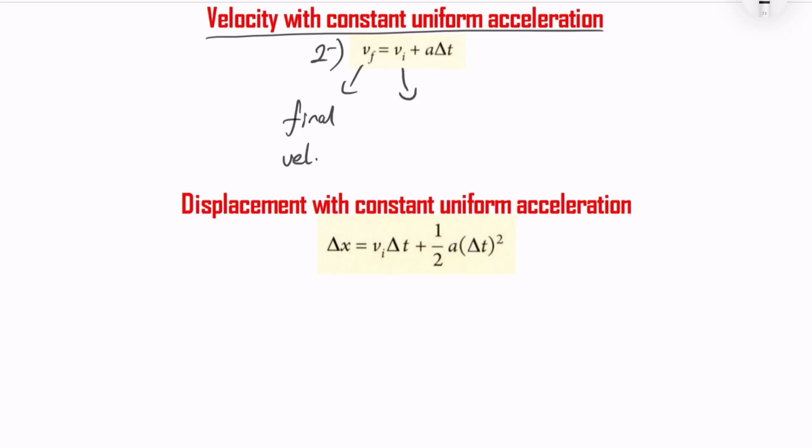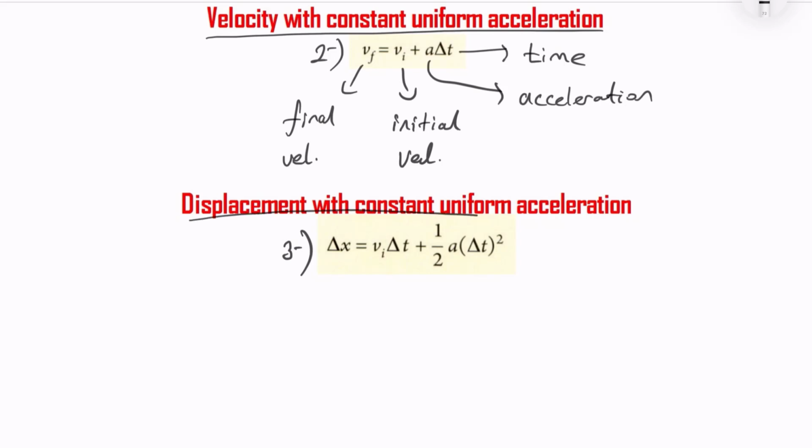This is the final velocity. V initial is the initial velocity. A is the acceleration. Delta t is the time. And we have a third formula,